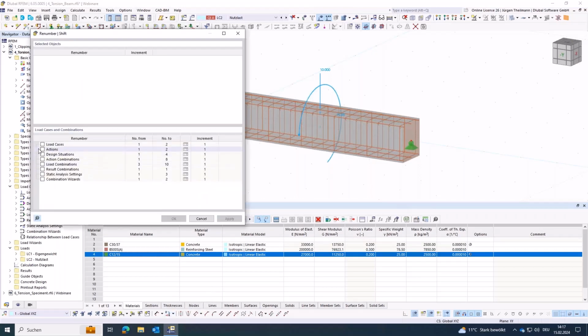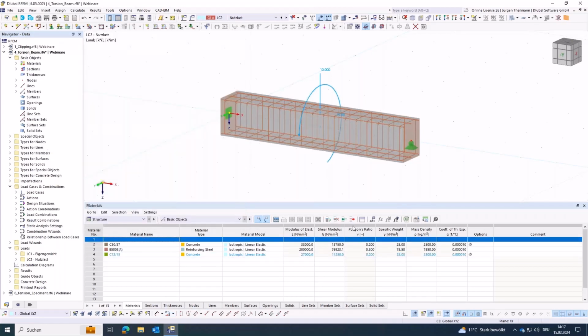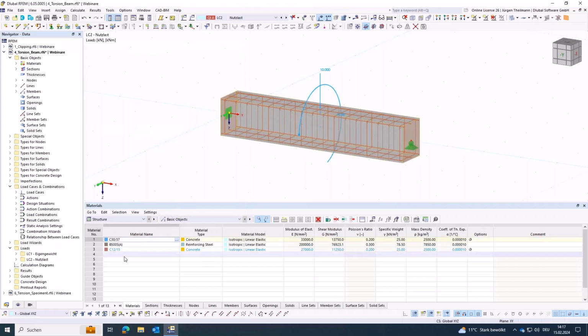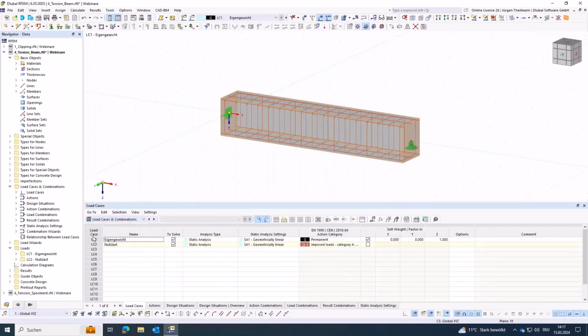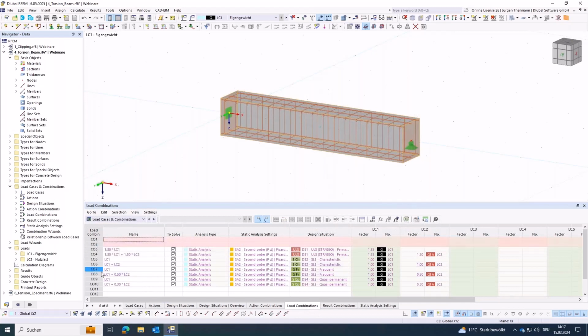Do it again. This is not a load case, it's a material. Yeah, anyway, I just delete that. Okay, a second option would be, if I'm not in that structure objects, but maybe in my load cases. Again, when I go to load combinations, here I'm using the automatic combination wizard, which is creating my load combinations,